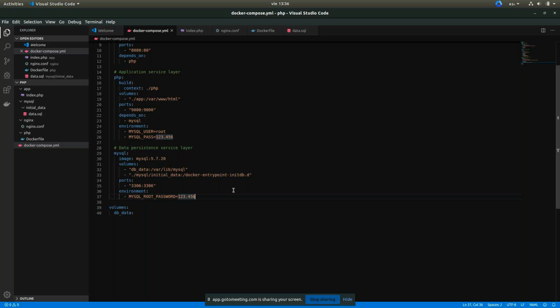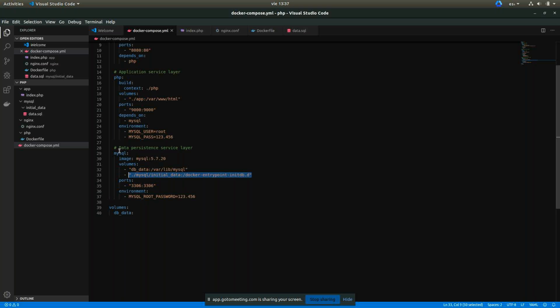If we remember the previous example, we only had one version, 5.7, and we used the latest from the 5.7 branch. In this case, we are specifying which version of MySQL we are going to install. Also, we have defined where the data is stored, and we have a different instruction here, which is initial data.